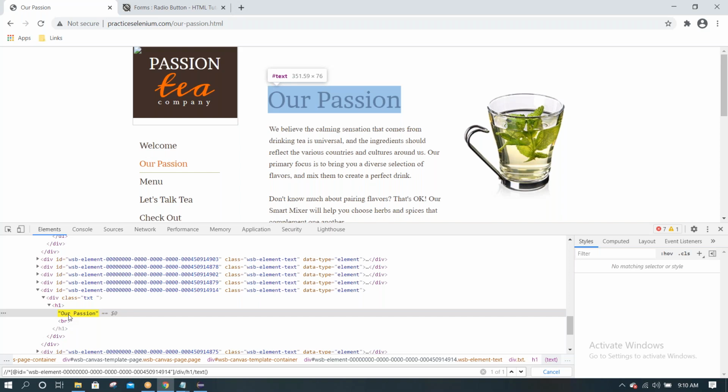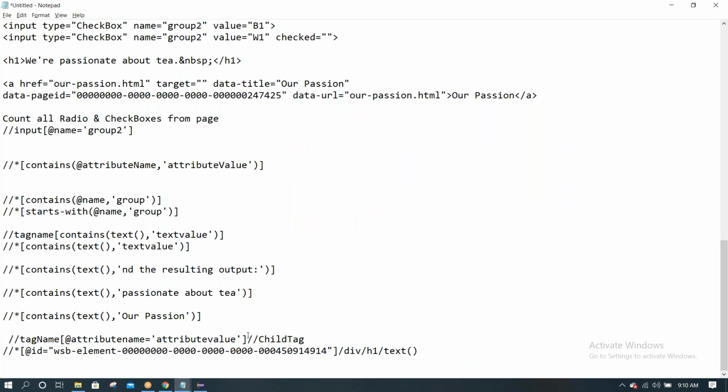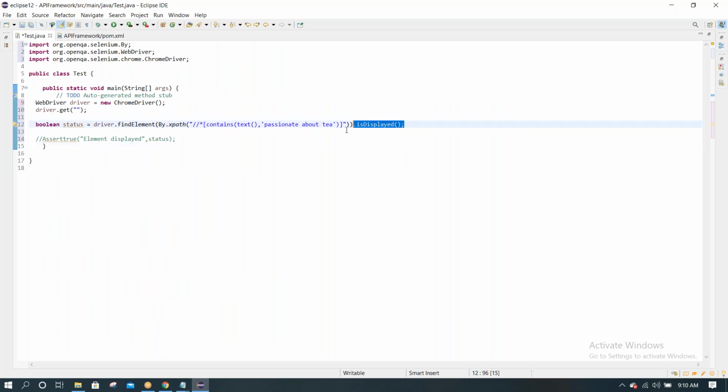This is the other thing to practice, then only you can understand. It is something like parent attribute and then child tags. We can add like this. So then we can write is displayed. We can use the assertion to check that.